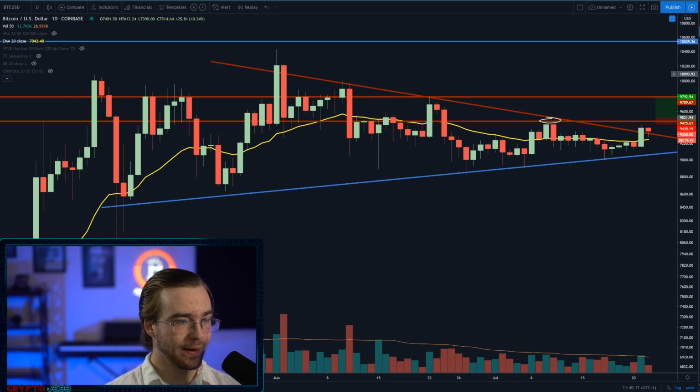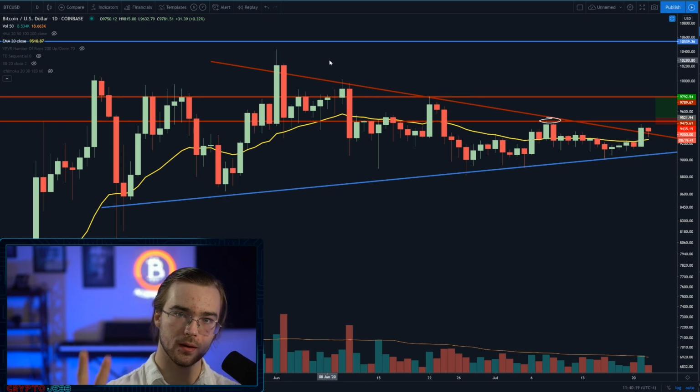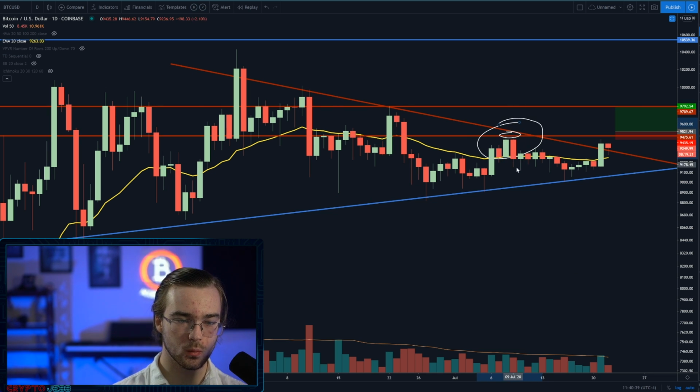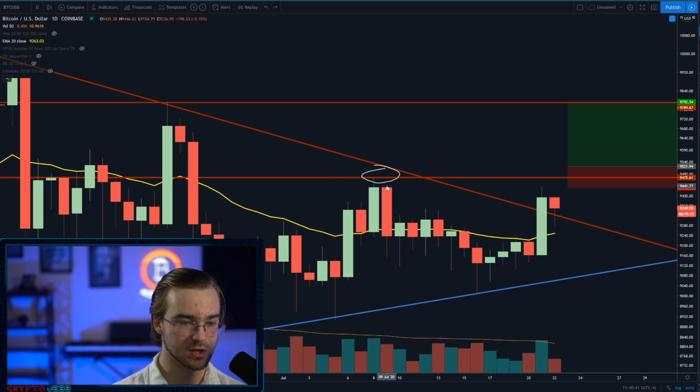Here's why. What happened the last several times that Bitcoin broke out? We rallied up here, broke out, and then fell right back down. Rallied up here, broke out, and then had this massive red candlestick come in. Rallied up here, broke out, and 2 days later, we were right back to where we started. Even right here, Bitcoin rallied, and then we went down and had a bearish engulfing candlestick of this already massive